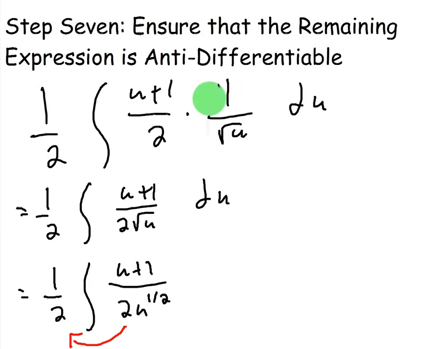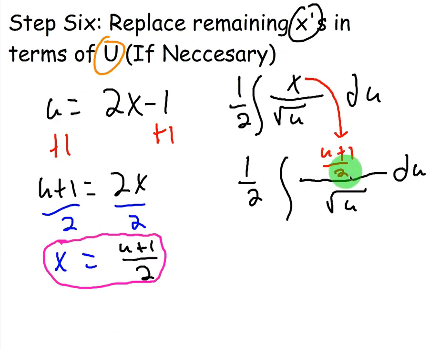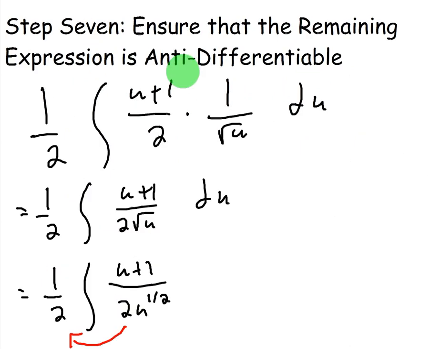Step 7, ensure that the remaining expression is antidifferentiable, so we're going to have to simplify this even further. So basically what I did was I took the top of this, and I'm just going to multiply it by 1 over square root of u, because it's the same as dividing by square root of u. And then from there,